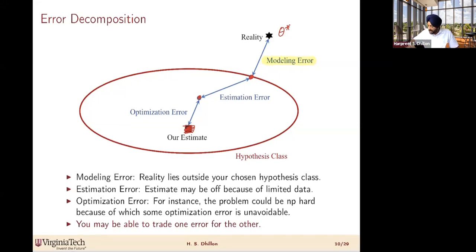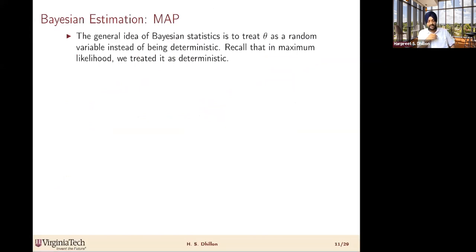Okay. So let's move forward now and introduce the second estimator, which is the MAP estimator, maximum a posteriori probability estimator. So the general idea of a Bayesian is to treat theta, the parameter that we are interested in learning, I'm again going back to the coin toss example, as a random variable instead of being deterministic. If you remember, we did not treat theta as a random variable in the frequentist approach that we just discussed. So here we are going to treat theta as a random variable,